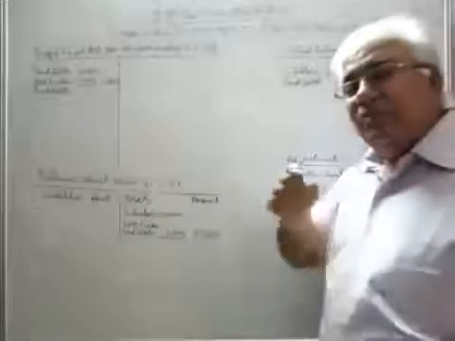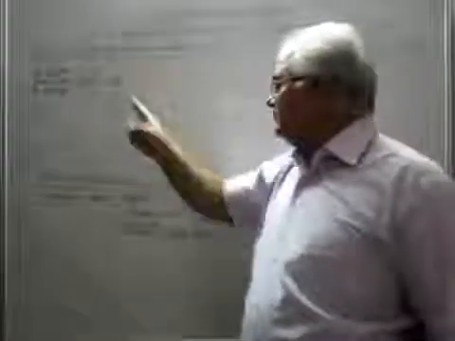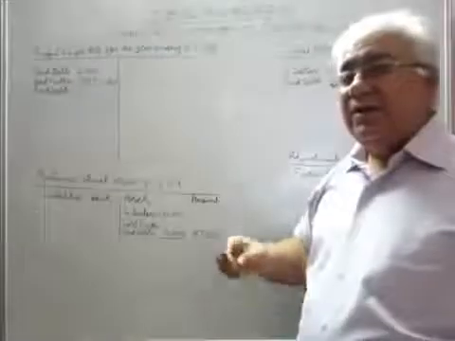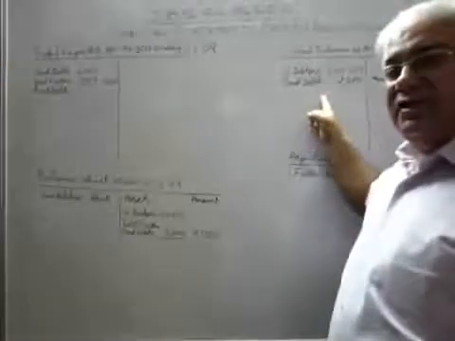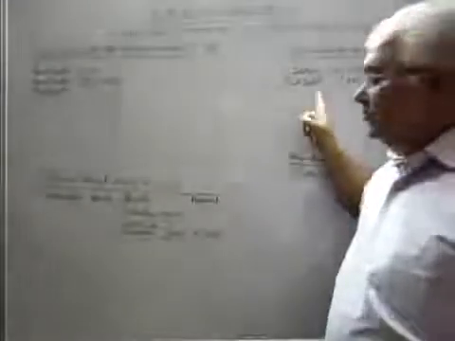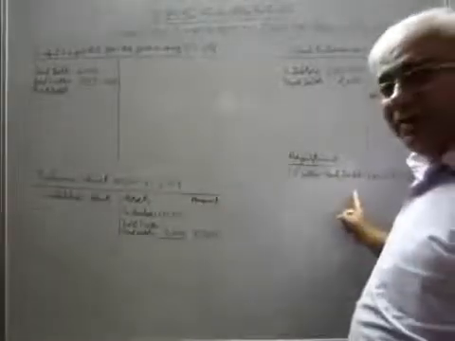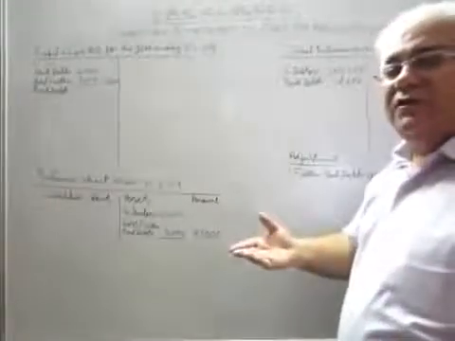Now you must be wondering why we have not reduced the total of bad debts, 5,000, from this amount. For the simple reason that already 2,000 has been adjusted from the sundry debtors. That's why they appeared in the trial balance. We will adjust in the balance sheet only the amount of further bad debts. Is this clear? Now we will deal with provision for